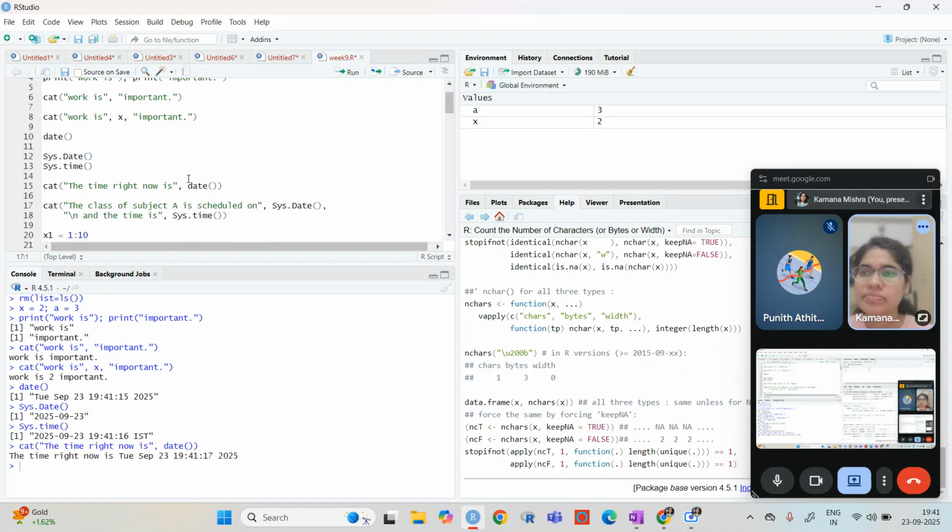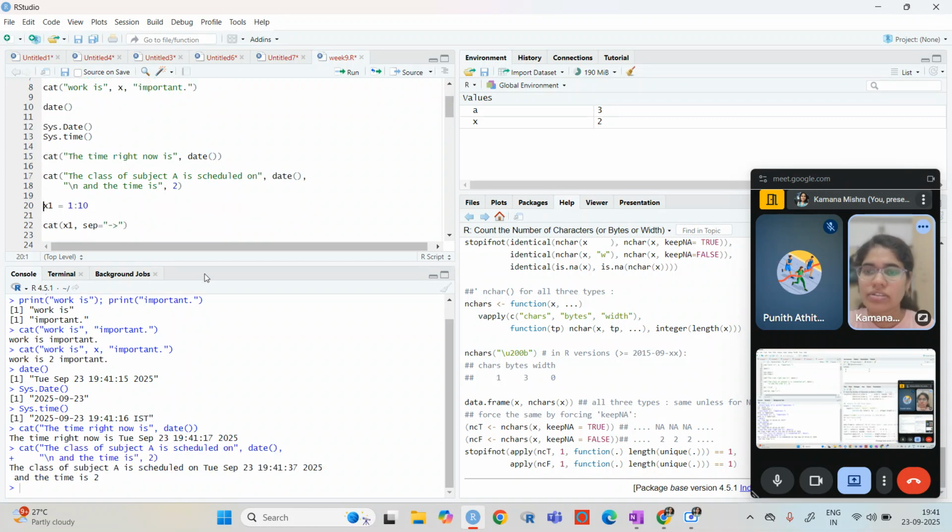The cat function also works with this sometimes. Let's say I'm just going to write this, and the time I'm going to write like this, let's say 2. Okay, so you can see that the class is scheduled on this, and then the time is 2, or let's say 2 p.m., right?